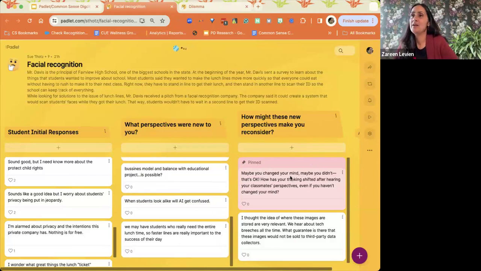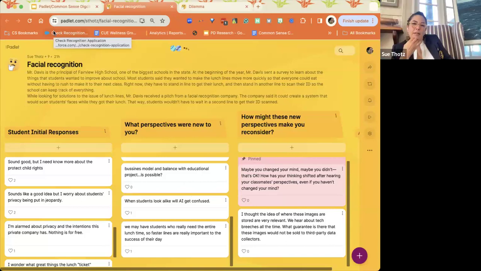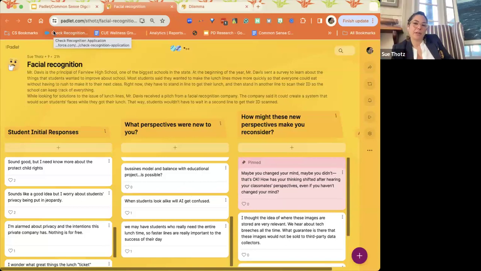Yeah, so the moderator can see who posts the item if you have that privacy setting turned on, in terms of you must log in. So right now we have this Padlet open because you're all on this webinar with us. But for a classroom, it's great to have students log in, and then the owner of the Padlet can see their names, but you can still choose if you want to hide or show that to the whole group. Yeah, I love this.